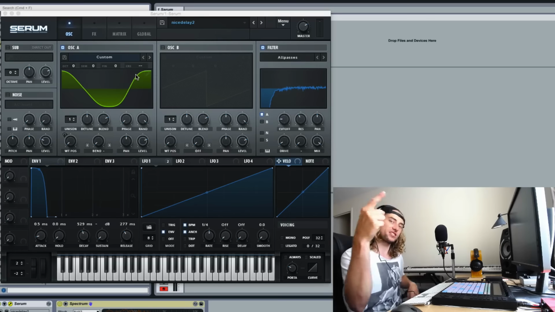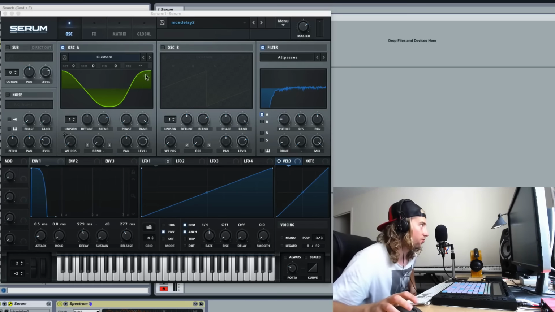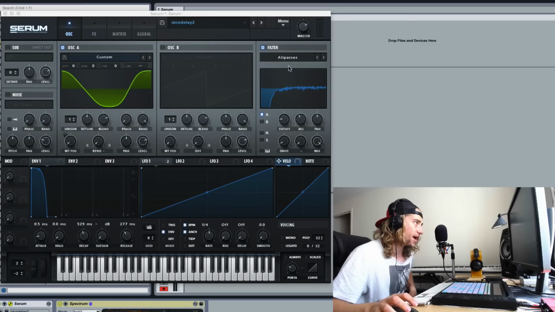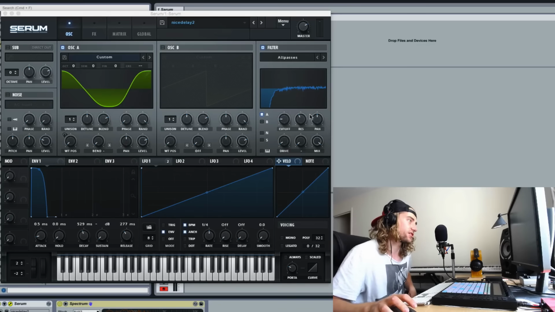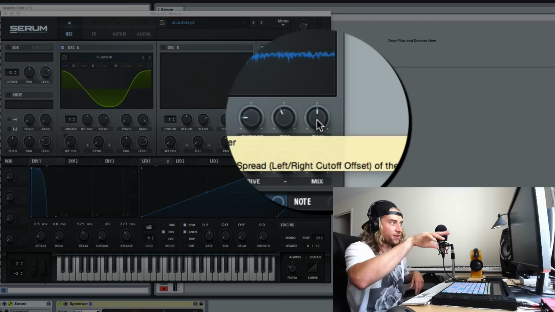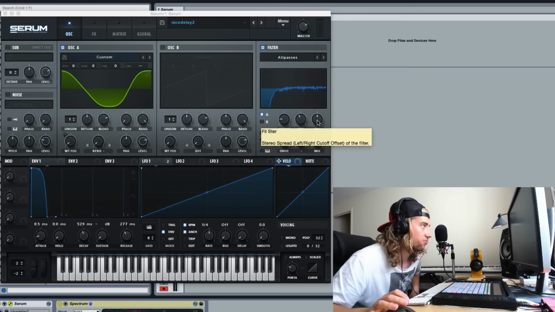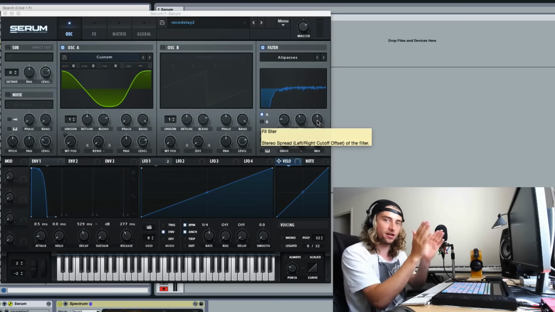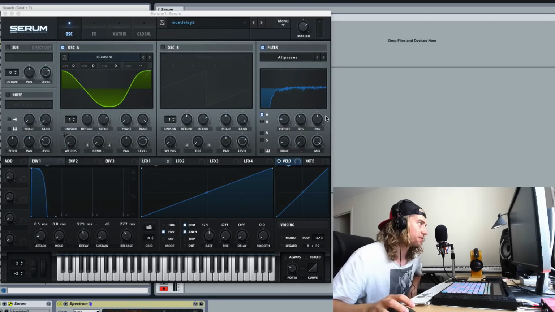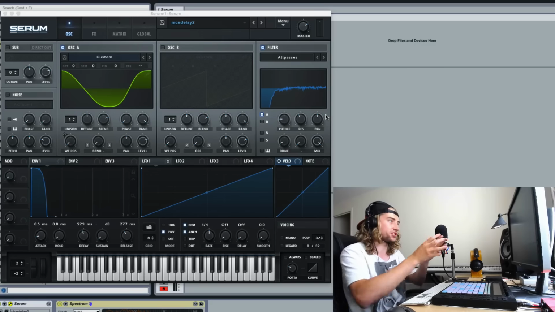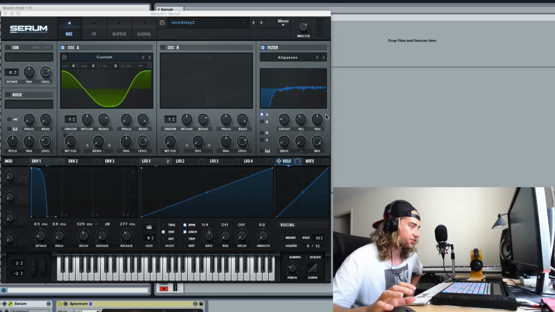Tip number 1 is a specific one just for you Serum people that already have it. It's all about how with these filters, you've got this pan thing here. It's not that obvious what's happening unless you read the manual or leave your mouse over it. It says stereo spread, left to right, and here's the keyword, cutoff offset. What's basically happening is it's offsetting the cutoff position in the left and the right channel, which creates this super